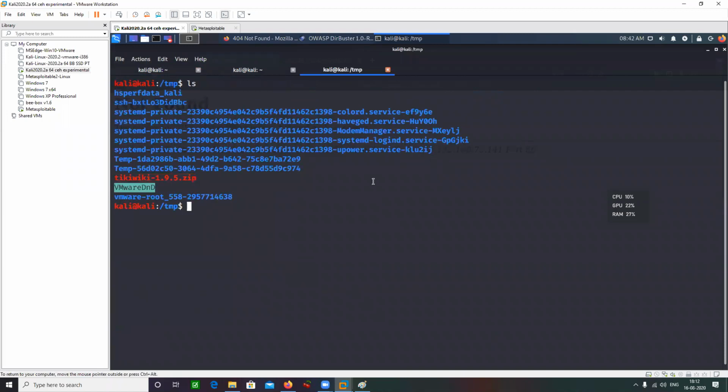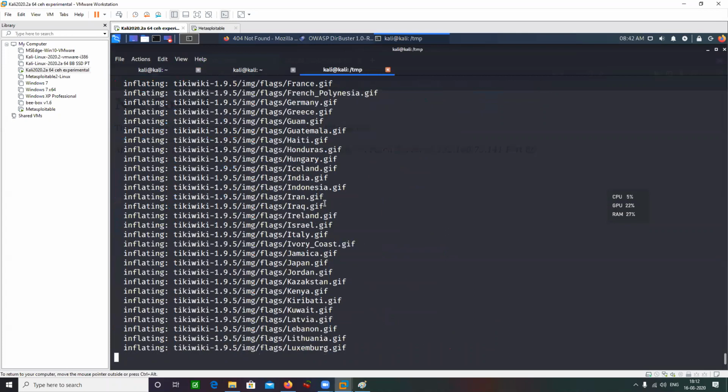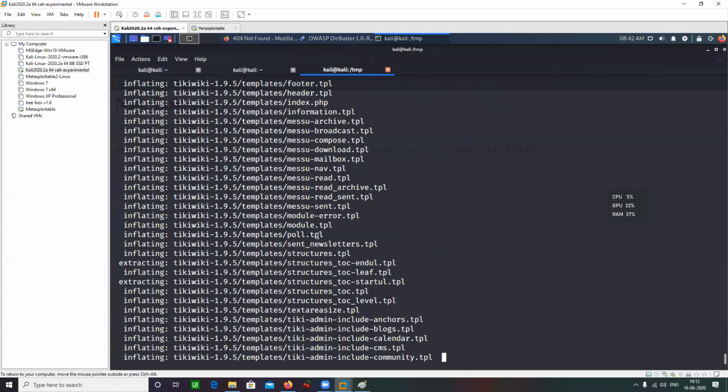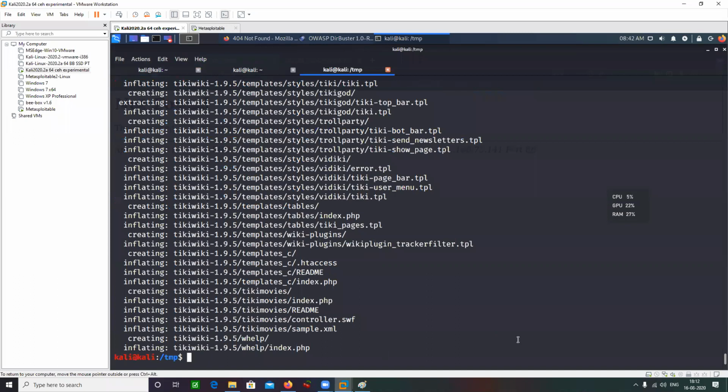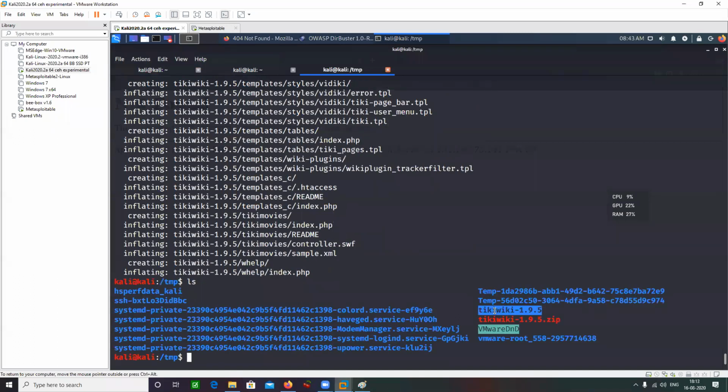Yeah, so I have it here. Unzip it. Unzipped it. ls. I can see a new folder here.